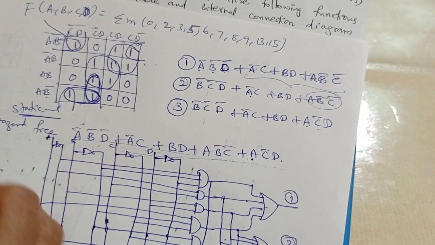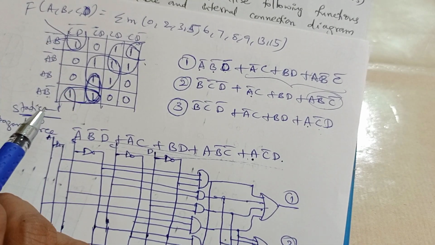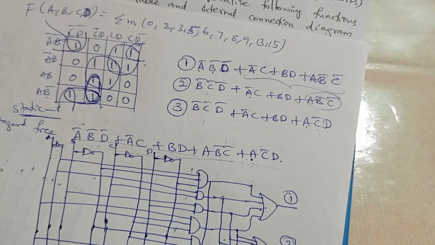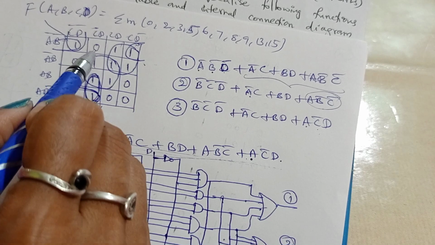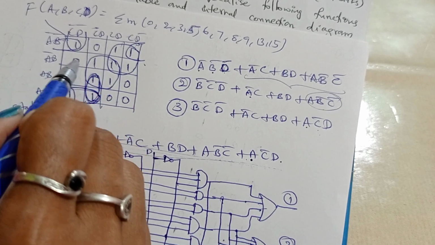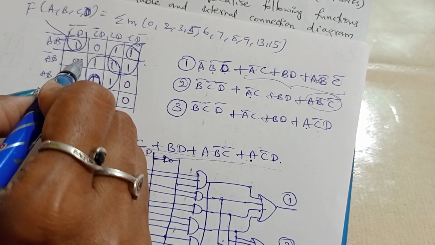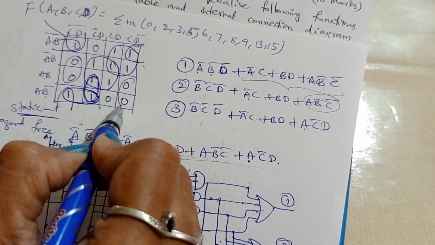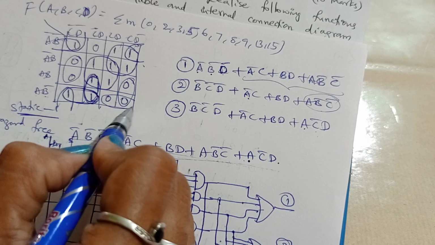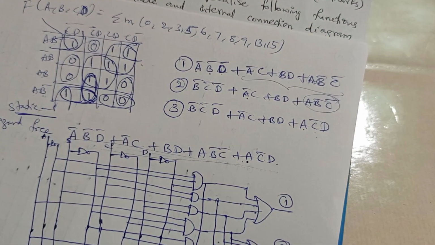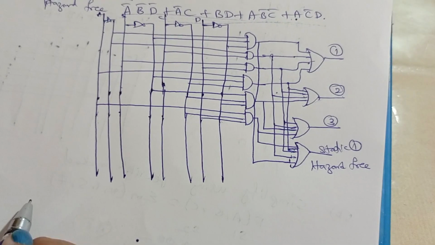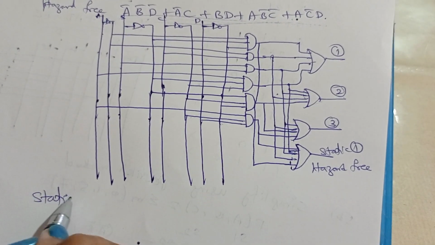Same as the second question is OR AND gate. Here it consists of two minimum OR AND circuits. OR AND is nothing but POS. So consider zeros instead of ones. So this is one pair and this is one pair. This is one pair. This is alone. This is one static zero hazard.